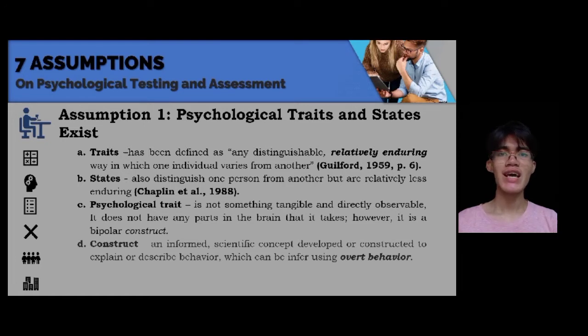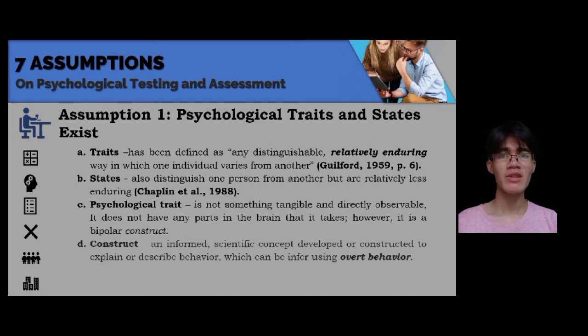As you can see, I have put emphasis on the words relatively enduring. What does that mean? It means that a trait does not always show itself in our behavior 100%. Most of the time, it is dependent on the situation. For example, we can say that a person is kind. Although we know this, it is also a fact that it is not always shown in every one of their actions. Or we may become less agreeable as we grow older. Just like a person, a trait too is dynamic.